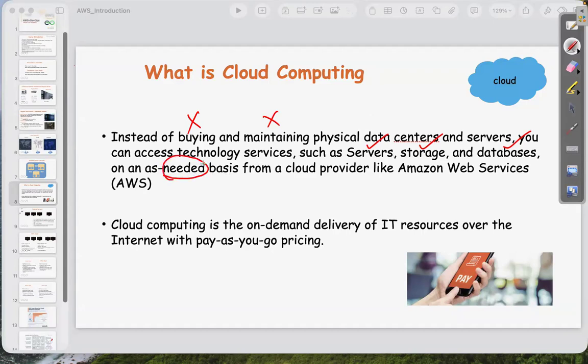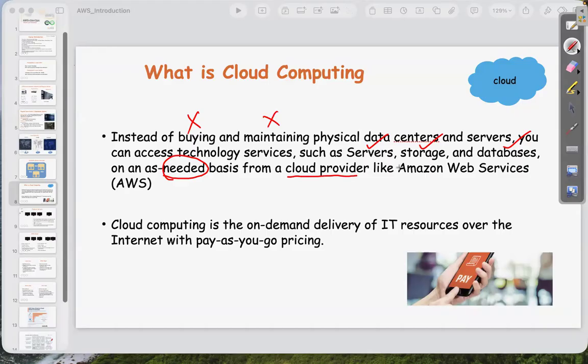Whenever you need them, you can create them. You need 5 servers now, 100 servers tomorrow, and only one server after a week. Based on your requirement, you can create these servers, storage, and databases on an as-needed basis.